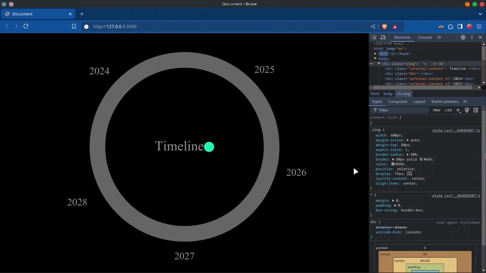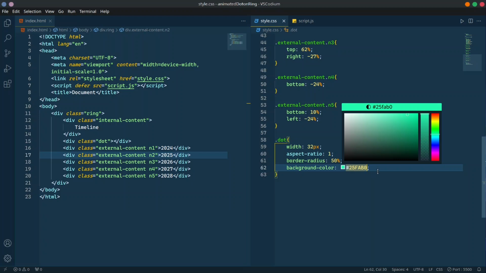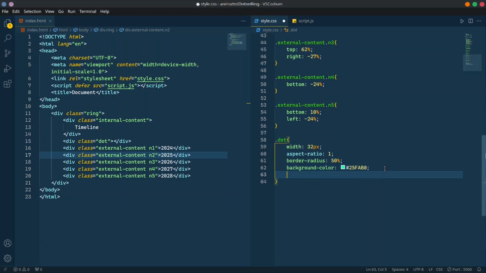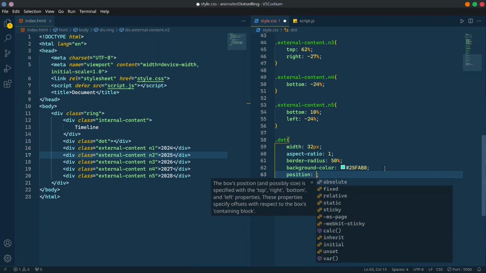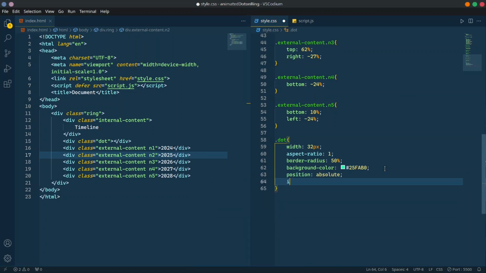This color looks great. Yes, so now it's time to animate the dot. Since the dot is inside the ring and the ring already has position relative, we can use position absolute on our dot to position it. Position absolute, we will use inset 0.